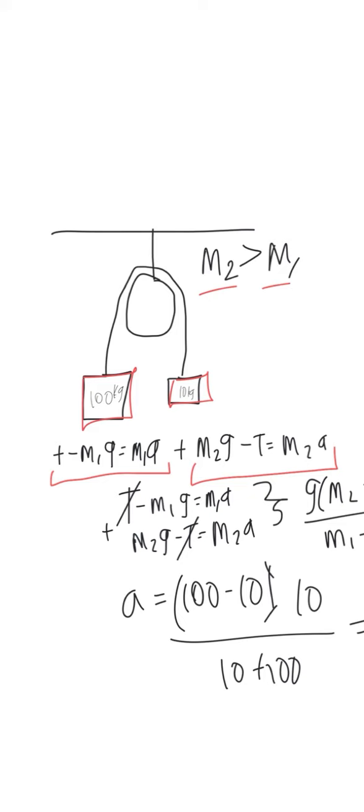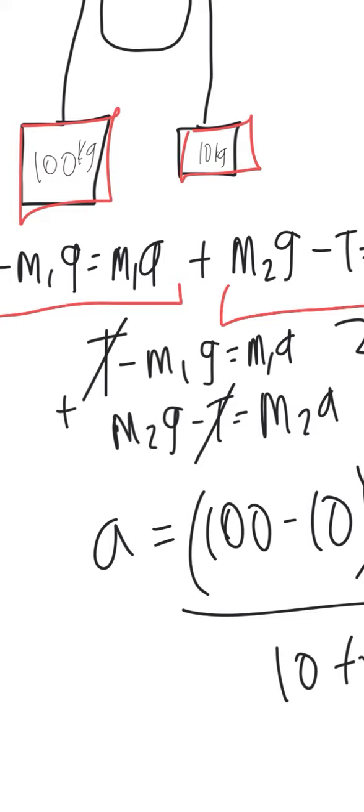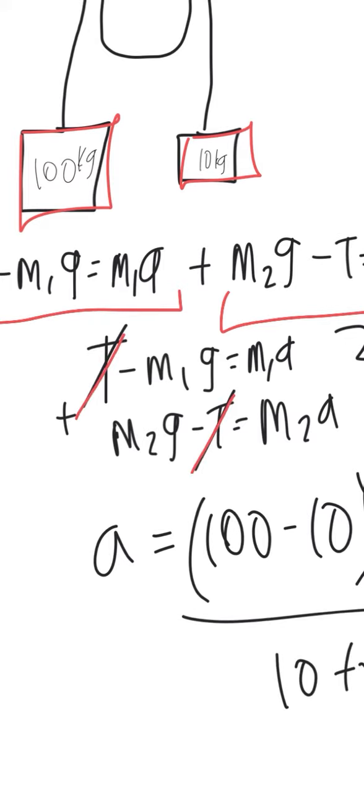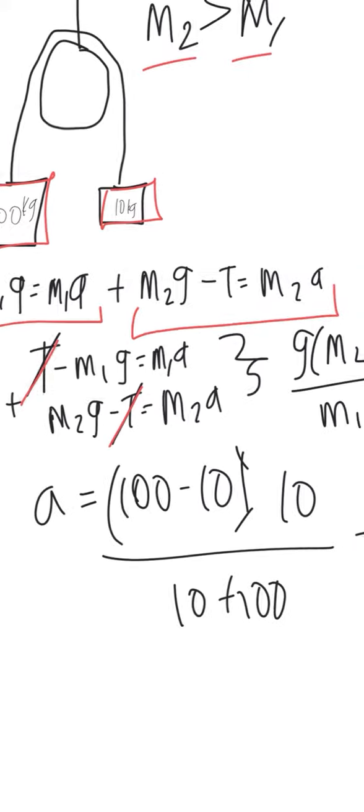So we have that T minus M1 times the gravity is equal to the mass of M1 times the acceleration, plus the mass of M2, or M2 times the gravity minus the tension is equal to the mass of the second object times acceleration. Now if we add these two, we can see here that we can cross out the common factor of tension and we'll have